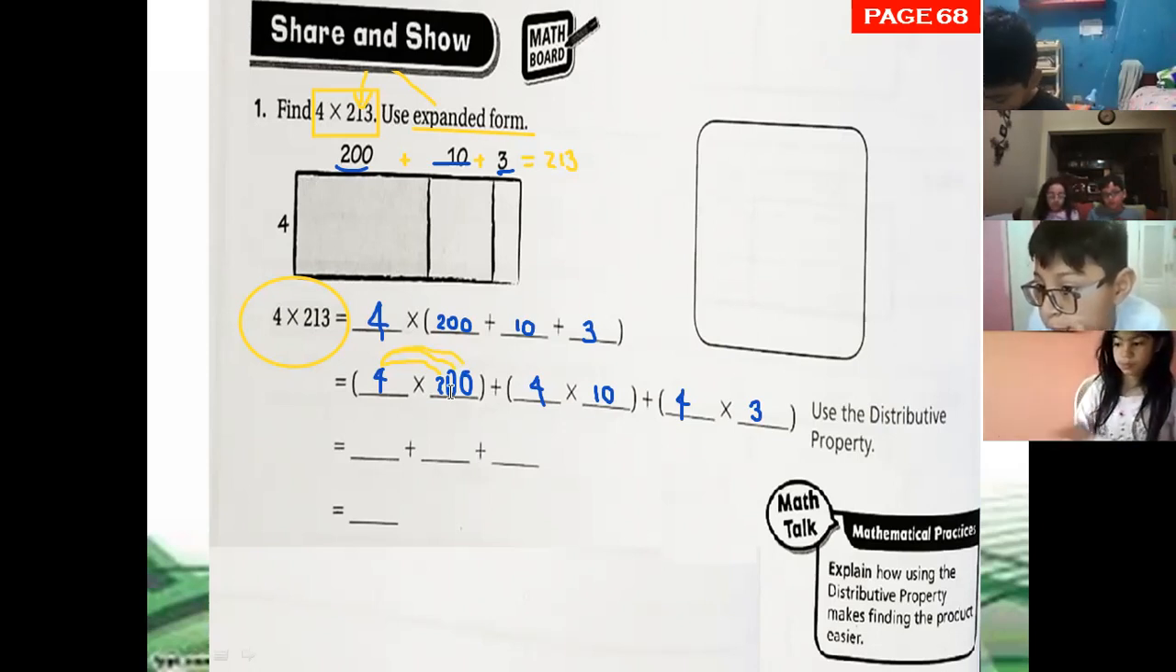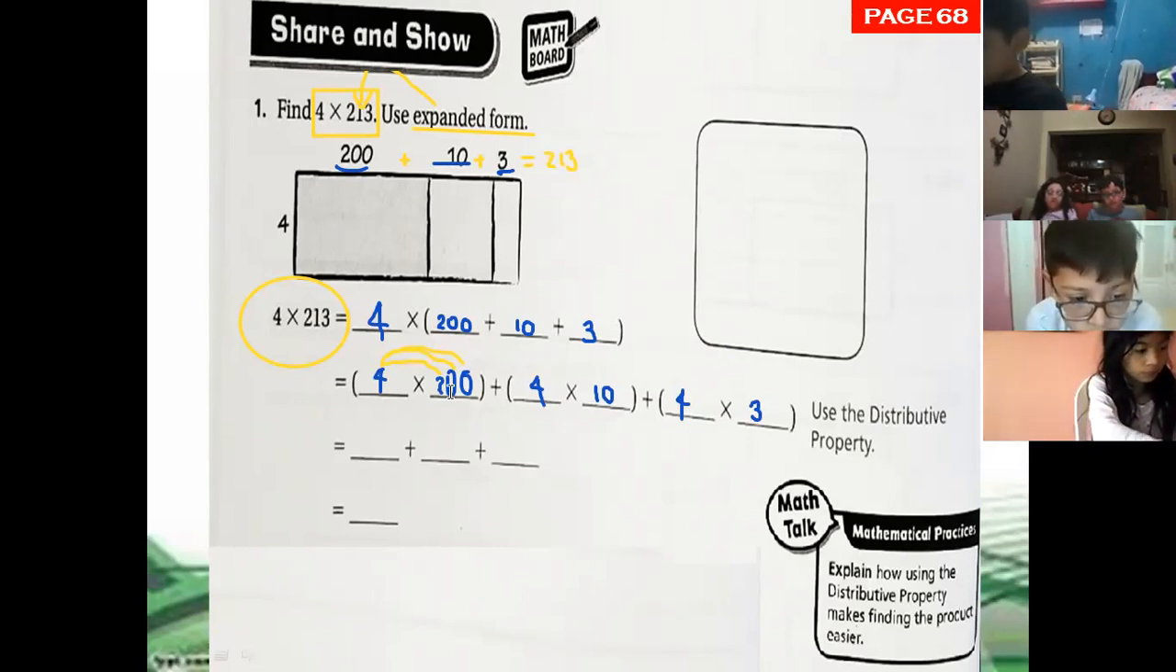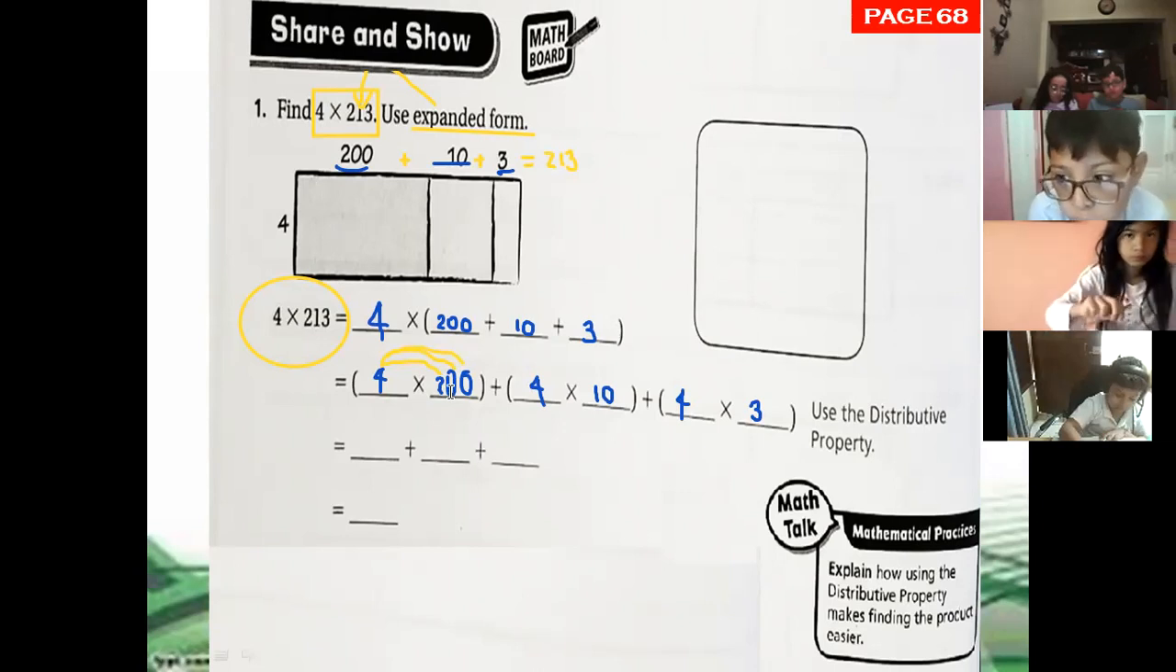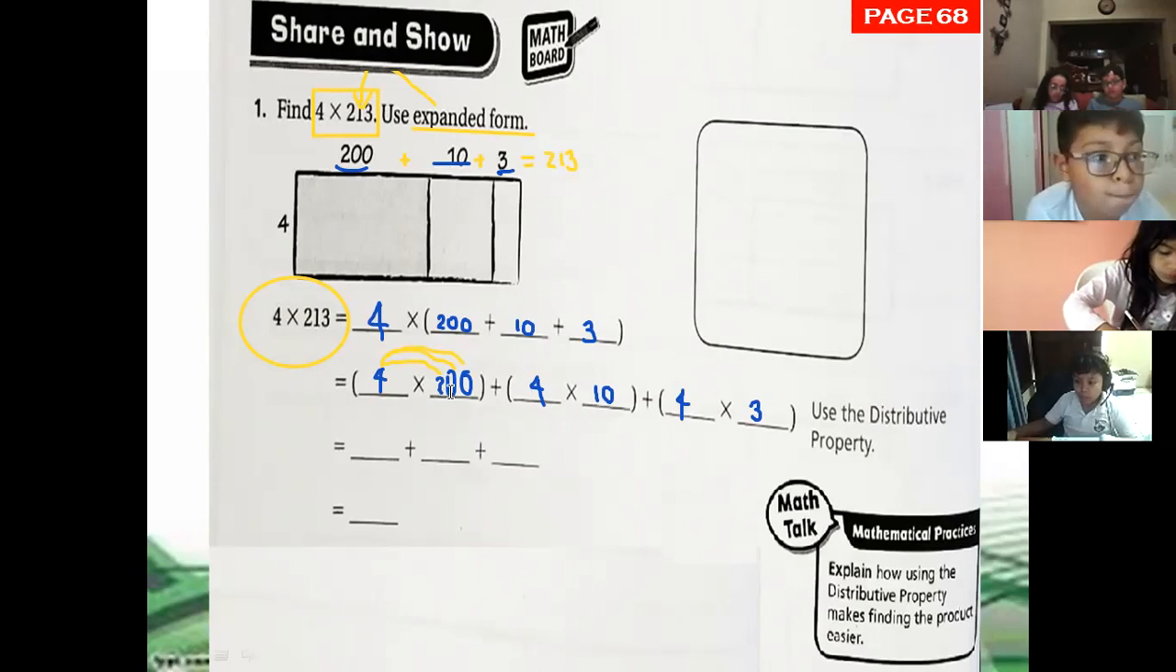So there is another tip, guys. If you don't want to multiply the 0s, you just need to add the zeros at the end of the answer. Okay? So 4 times 200 is 800. 4 times 10